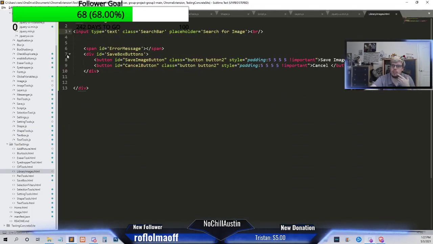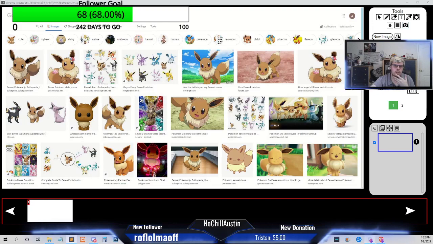I'm sure you can search for file names. We're gonna have to add that. But I want to say this. So we need to also have a way to close this, which would be cancel. So we're gonna say cancel, and this button,